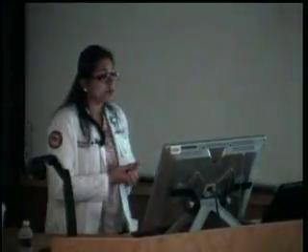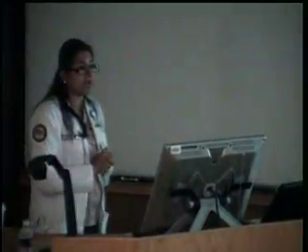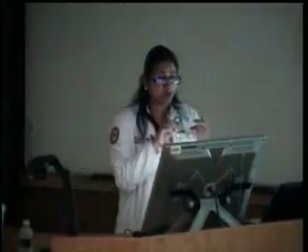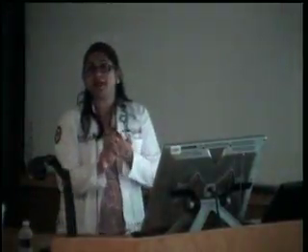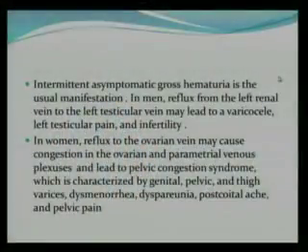So in men, reflux from the left renal vein into the testicular vein may lead to varicocele, left testicular pain, and infertility. All that is plausible, right? You're exposing the scrotum to a higher temperature because there is hyperemia, there's more blood in the scrotum, and spermatogenesis cannot occur. In women, reflux to the ovarian vein may cause congestion in the ovarian and parametrial venous plexus